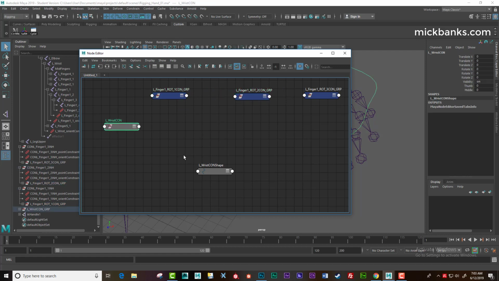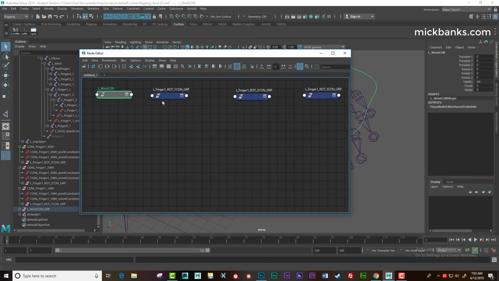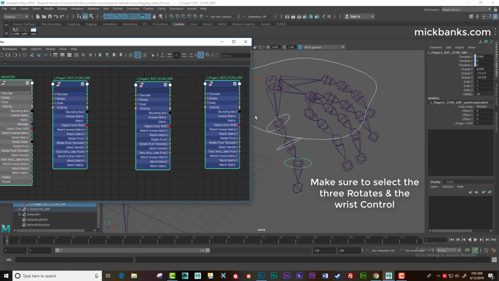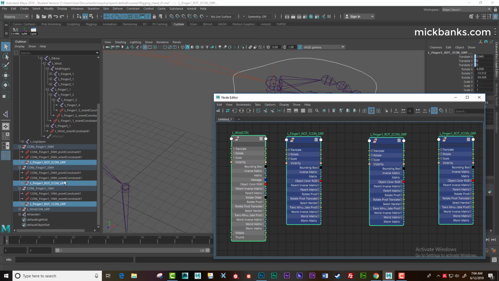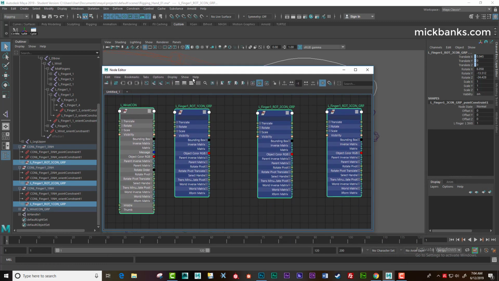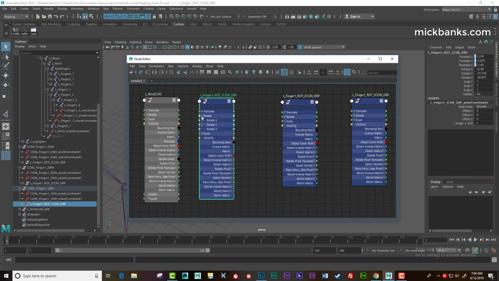And we have a wrist control. We don't need the shape, so bye-bye. Okay, now if you hit number 3 after selecting them all, it opens them up. Okay, so once again we've selected the three rotates, and we selected our wrist control, and we open them up inside the node editor. Now what we're interested in doing is connecting the rotate value inside here of each one. Whoops, open each one up, the rotates,